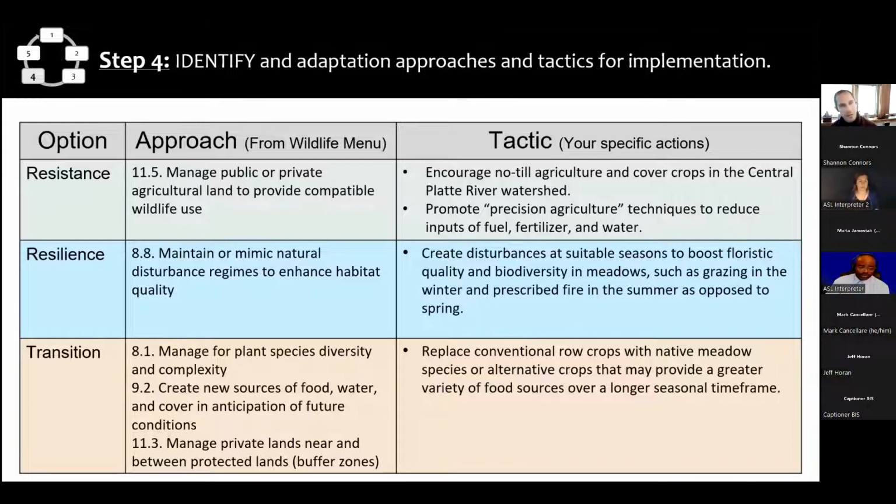And then more transition-minded ideas, intentionally encouraging a change, actually replacing some of those conventional row crops in areas where they're able to work with farmers or acquire lands through easement to provide food sources over a greater period of time to account for shifting migration dates.